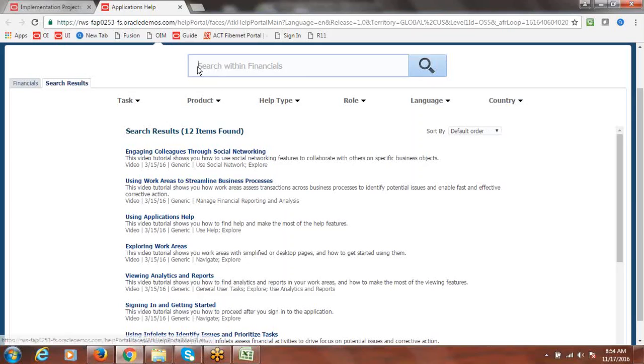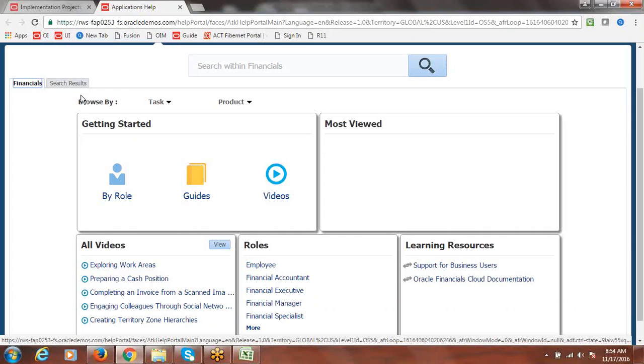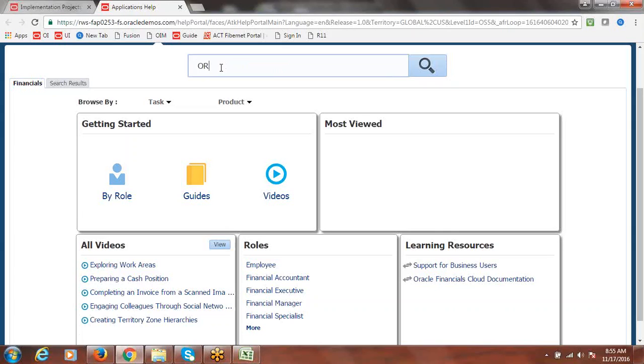This is how you can use this help section. Basically, finance here. If you search for something, it will add one more tab here, so you are not going to switch from this page to another page. It will just take you to the Oracle general ledger help, say general ledger.